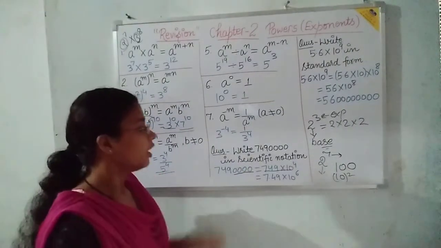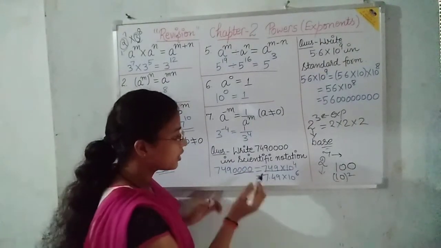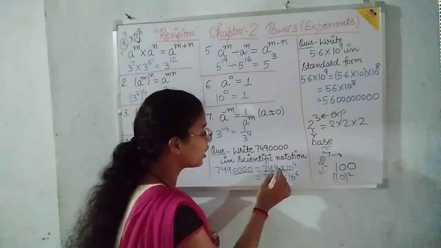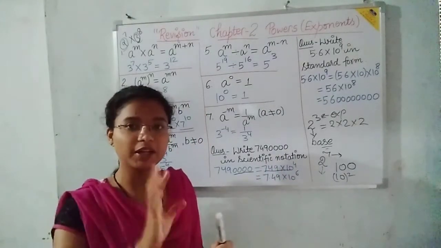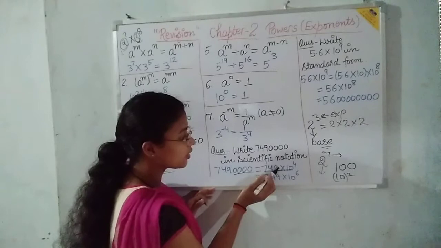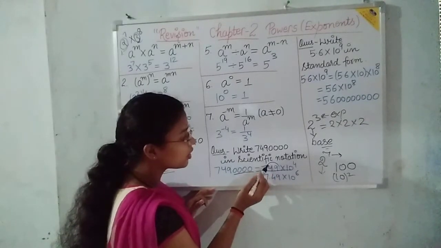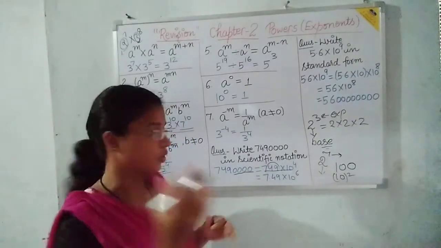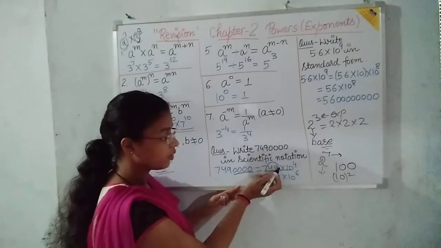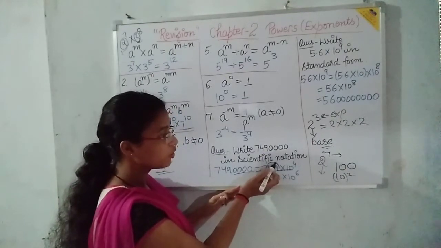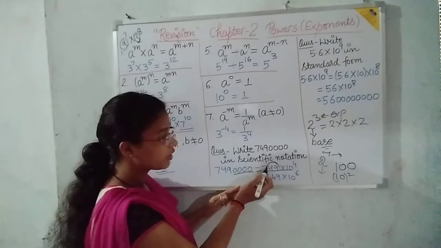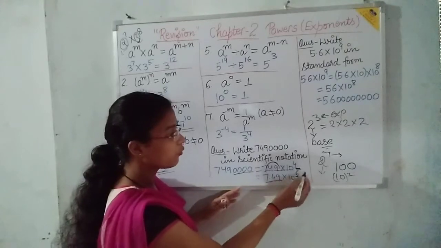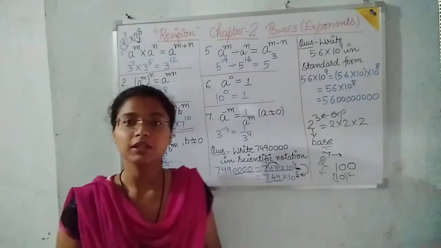Okay. And suppose here is a decimal, in the back side a decimal is there. And if you want to shift this decimal to the left hand side, how many digits are you shifting this decimal? 1, 2. So just add 2 in the power. Suppose here is a decimal, and you are shifting this decimal 2 digits to the left hand side, so just add 2 in the power. This will become a decimal, and the power will go from 4 to become 6.